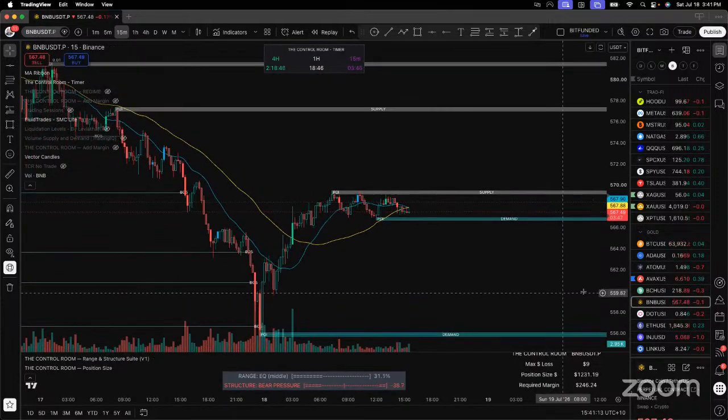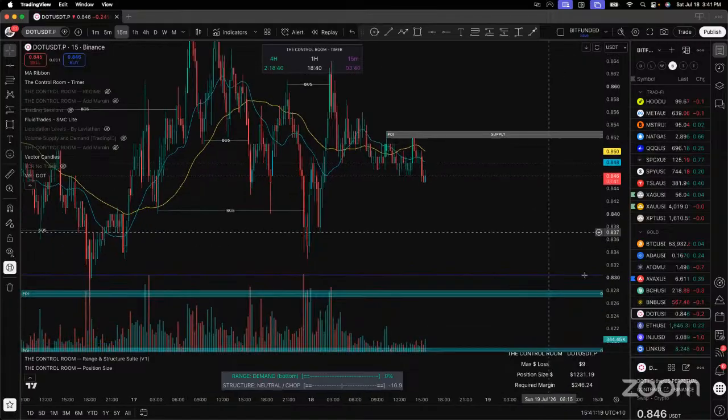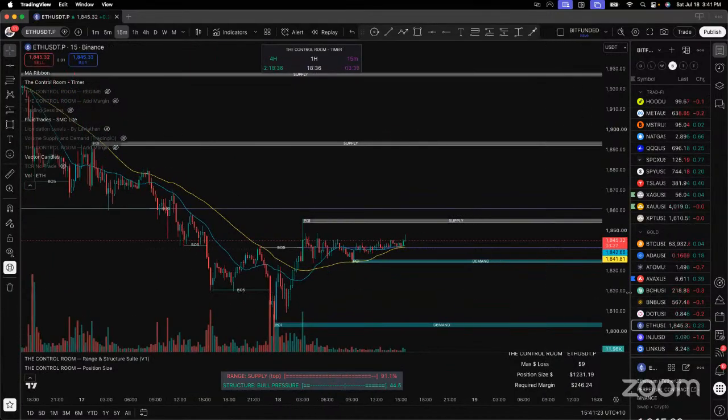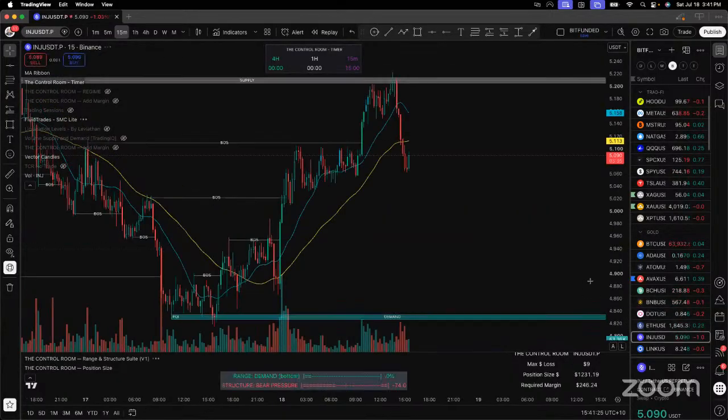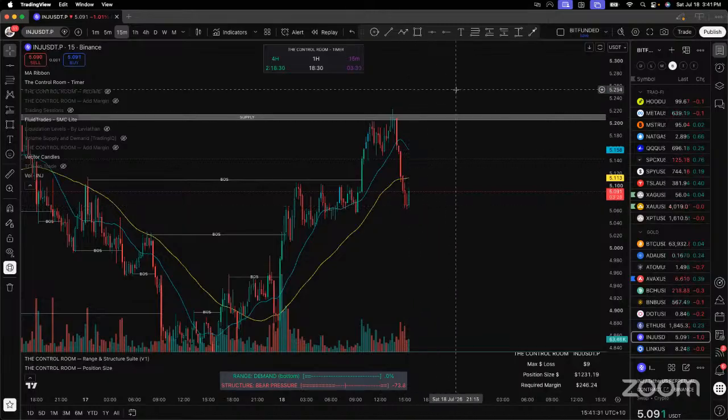BNB still trending, ranging, not interested. I never trade it anyway, but that looks like a good short. Ethereum, here we go. Come on, push up. Injective, it's broken structure to the upside, come back inside the range, got some liquidity. We want to see it push up, make a higher high, then we can get an add when it makes a higher low.